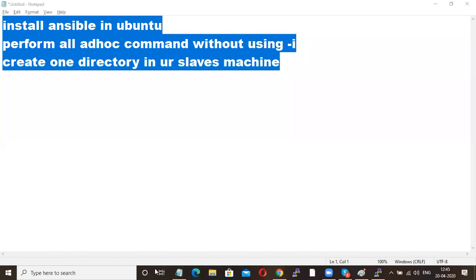Okay. Okay, fine. Done. So how is Ansible so far?